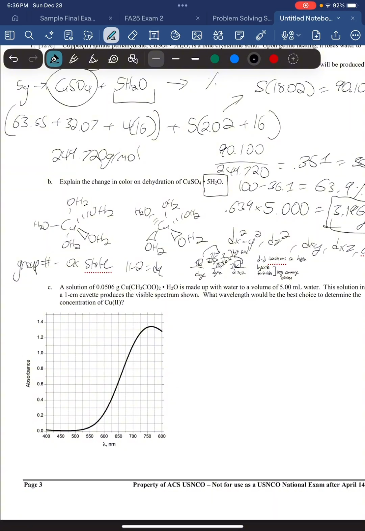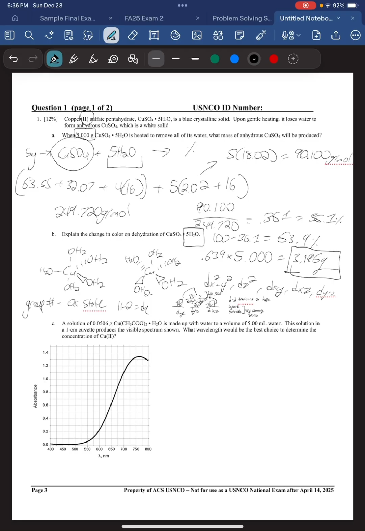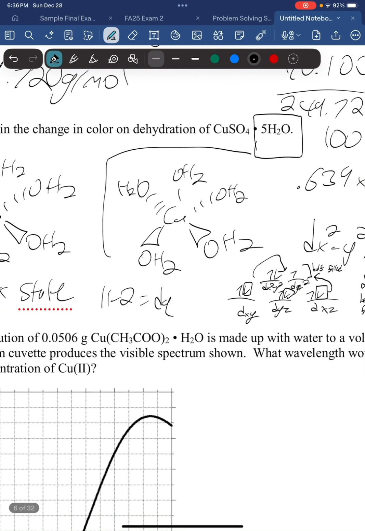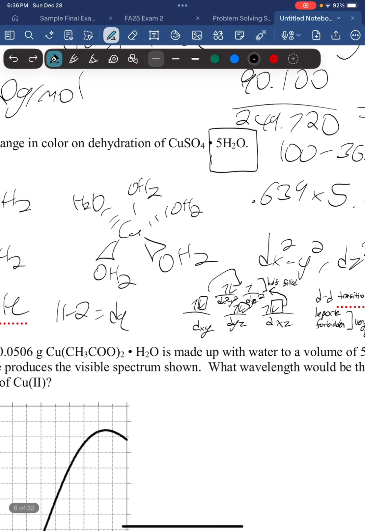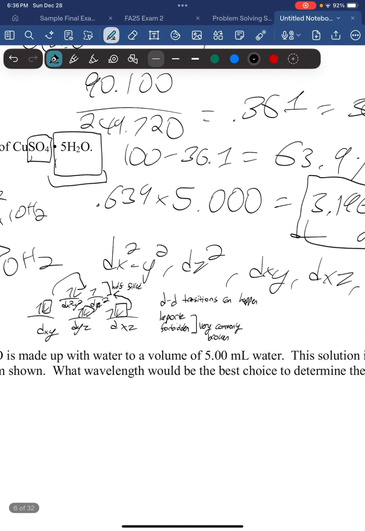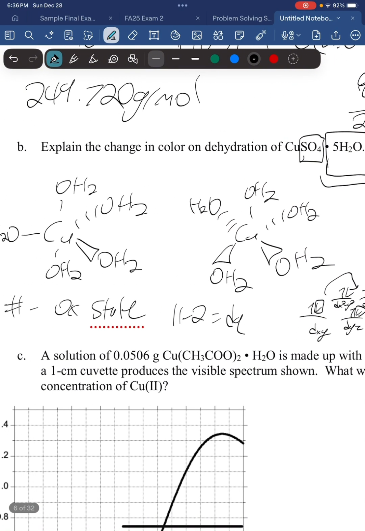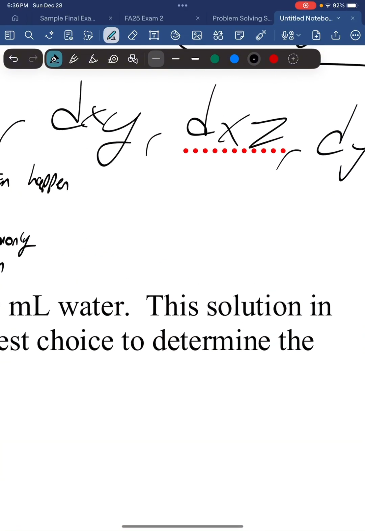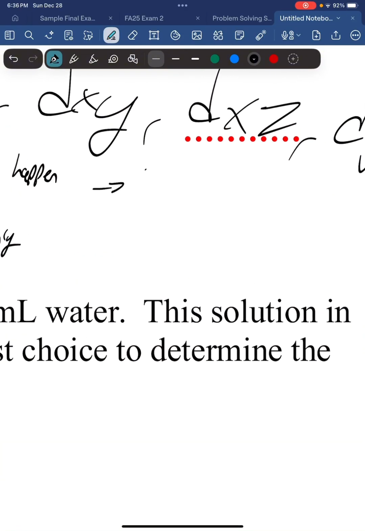But we have to understand that it's asking, explain the change of color on the dehydration. So when the water is removed, you no longer have this coordination complex. Coordination complexes only happen when you have ligands and a transition metal. And when your ligands are getting removed, now you only have a sulfate ion. Now, sulfate can't act as a ligand. So because of that, we can assume that the change in color on dehydration, in the problem, it forms a white solid, so essentially a non-colored solid. We can say that our answer is the color essentially goes away